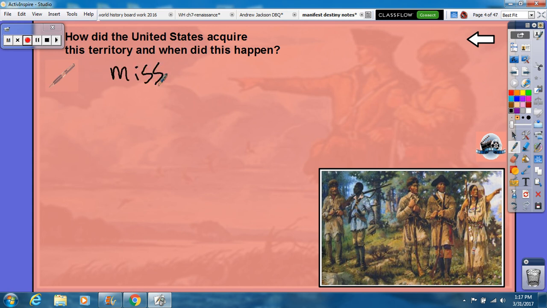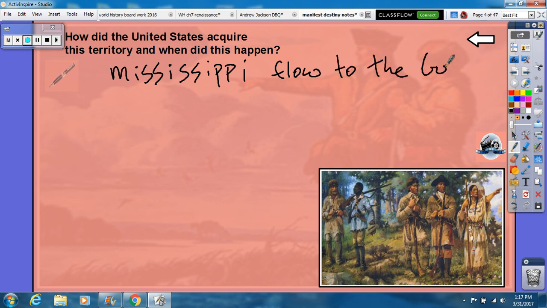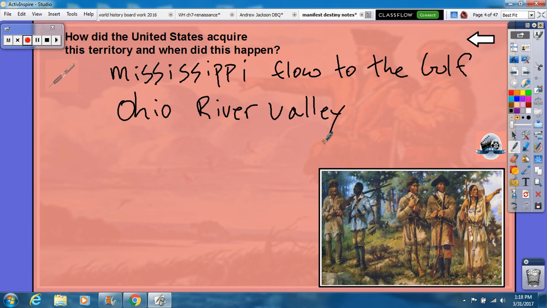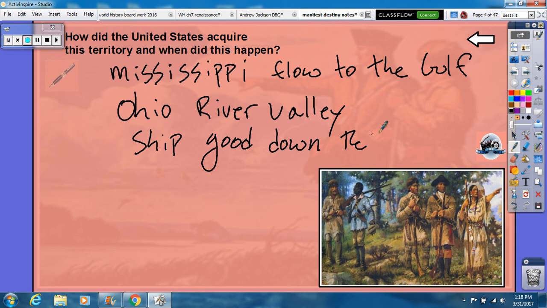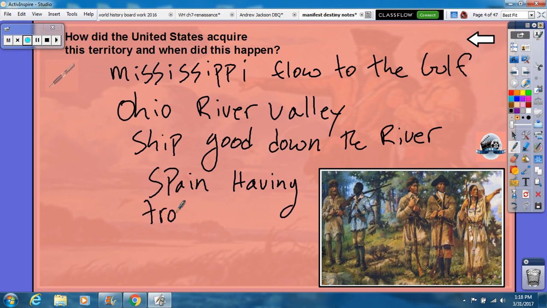So the Mississippi River flows to the Gulf. And because of all the new land in the Ohio River Valley, it's much easier to ship goods down the river. However, because Spain is having troubles with Mexico and other parts of South America, they are going to have to pretty much give up much of their